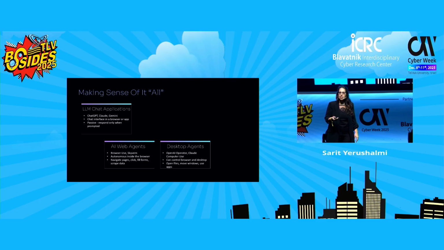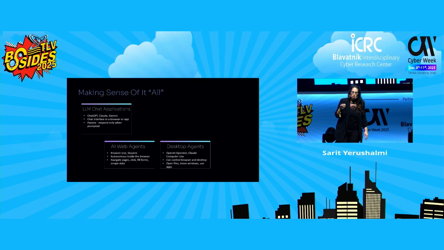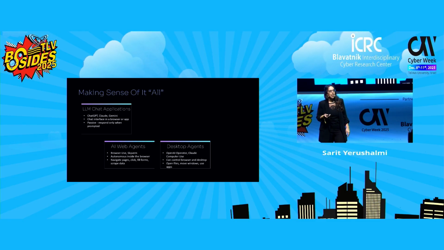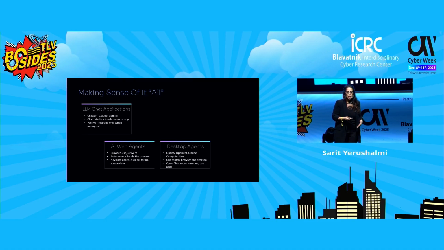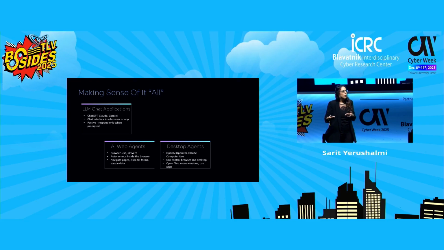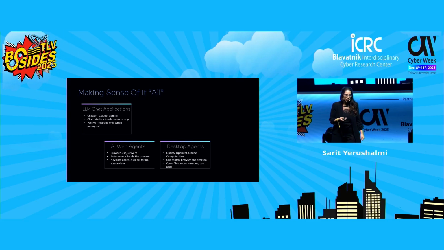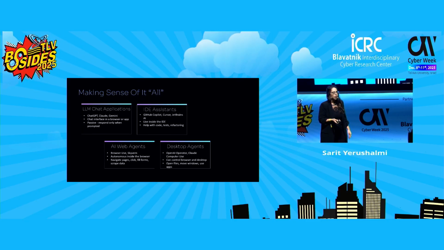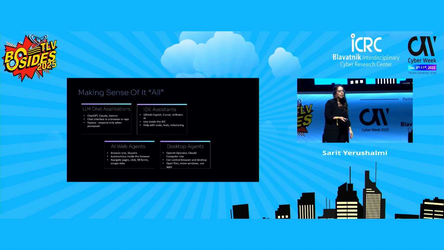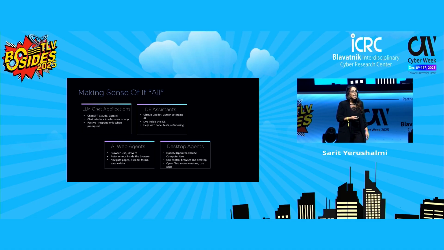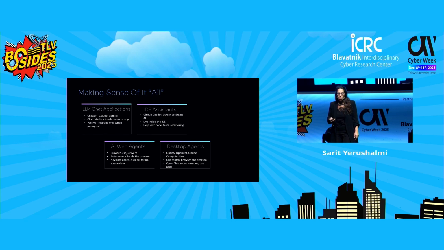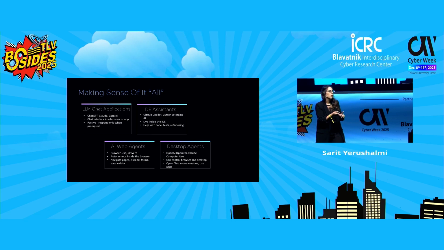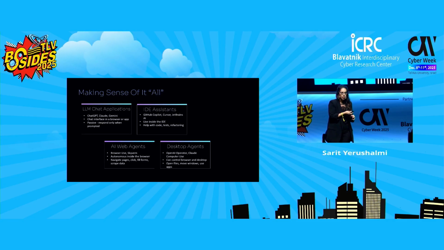Next, we have desktop agents like Claude Computer Use and OpenAI Operator. And they go beyond the browser. They can open apps, move windows, and interact with your screen. Now, if you are wondering about GitHub Copilot and Cursor, these are IDE assistants. They sit inside your development environment and help you to write, refactor, and understand code. But you are the one who is still driving them.